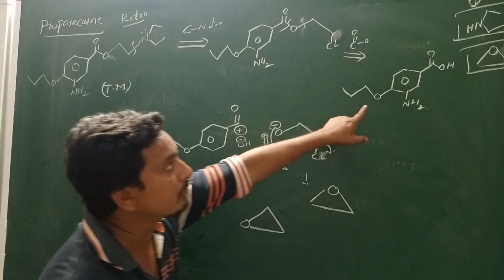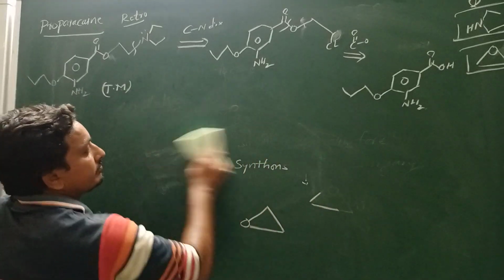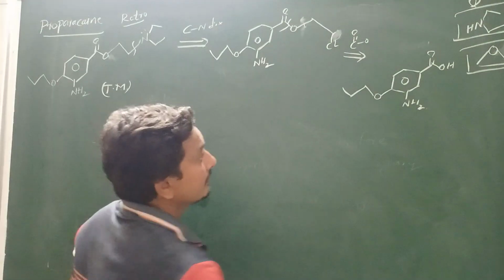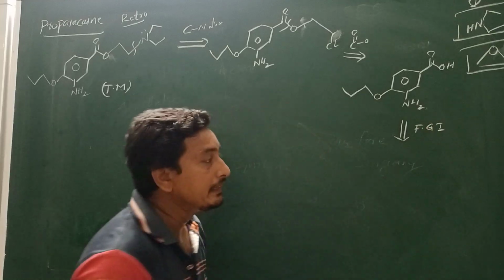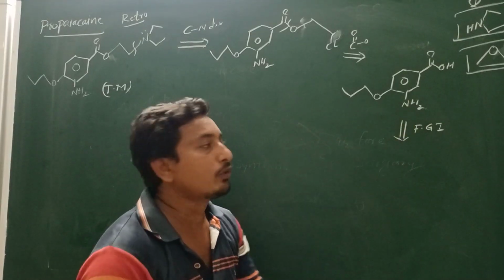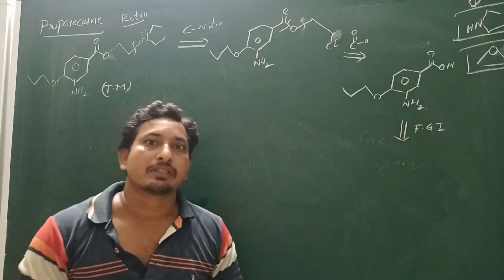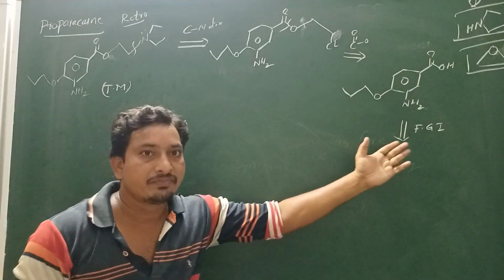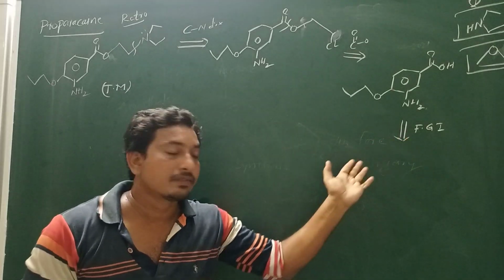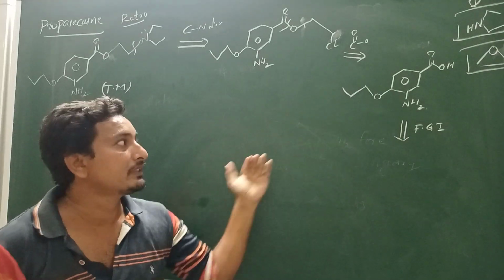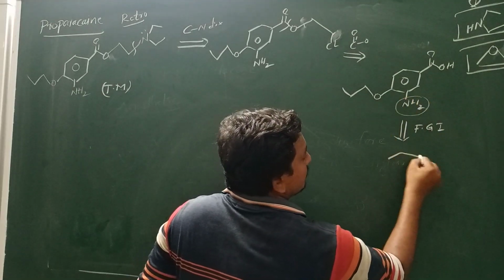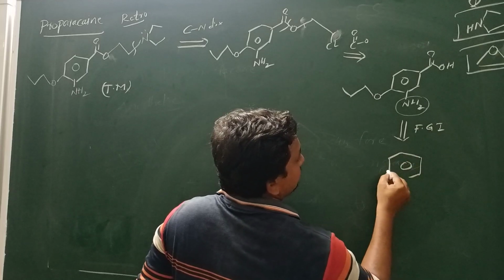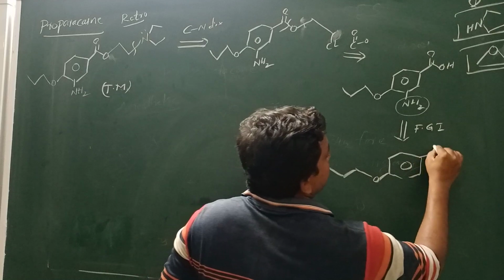Okay. Now the target molecule is taken as this compound. And here we choose functional group interconversion. Here the NH2 group is converted into a nitro compound. So this is called functional group interconversion. Already we discussed FGI, functional group interconversion. It is writing one functional group for another functional group when this is possible. So here the NH2 group is converted into a nitro group, C double bond OH.